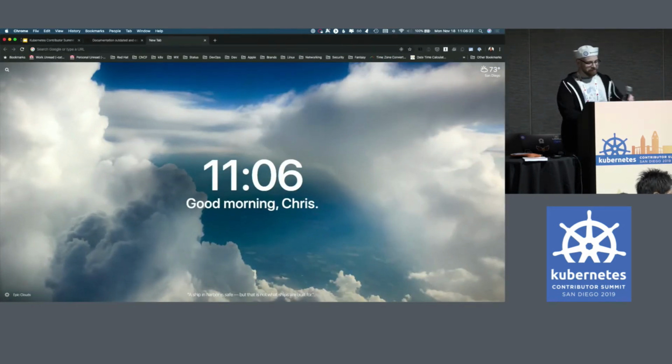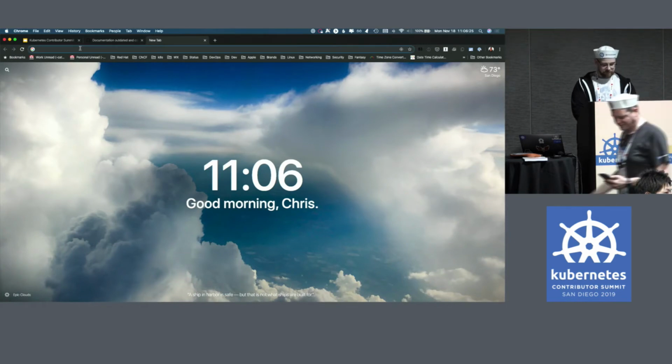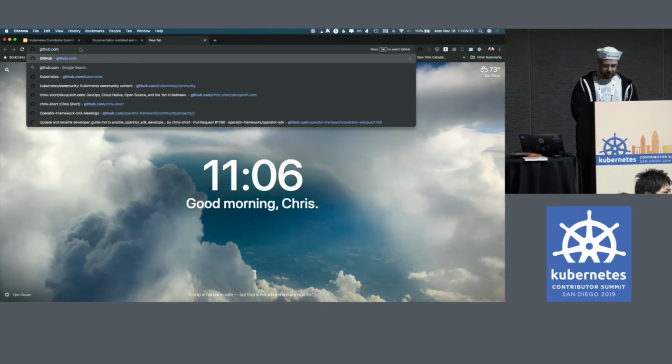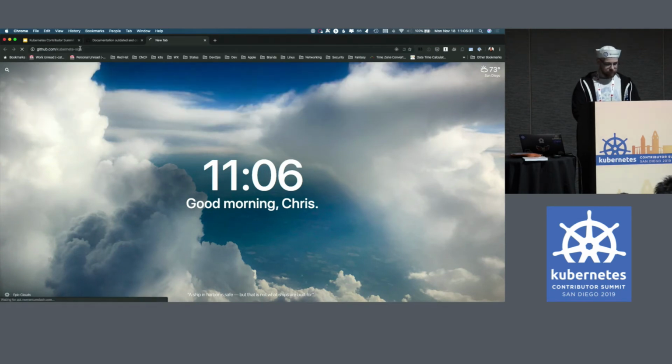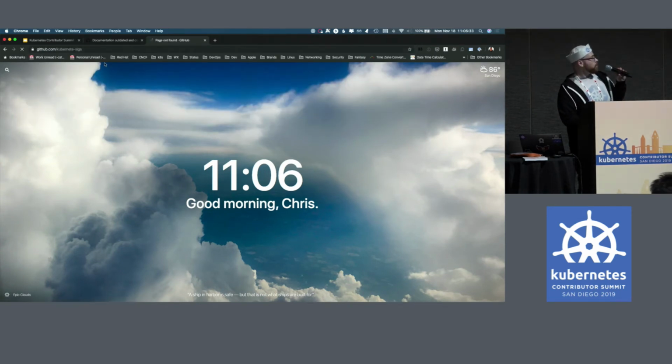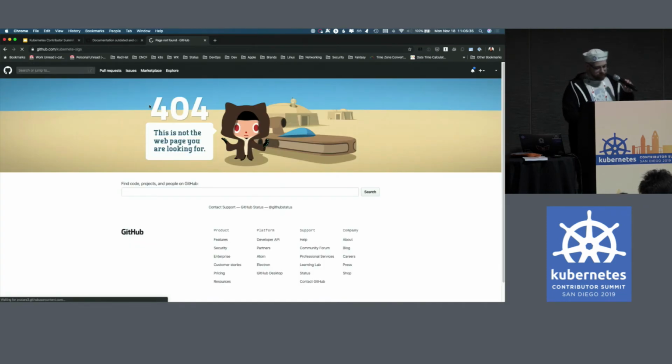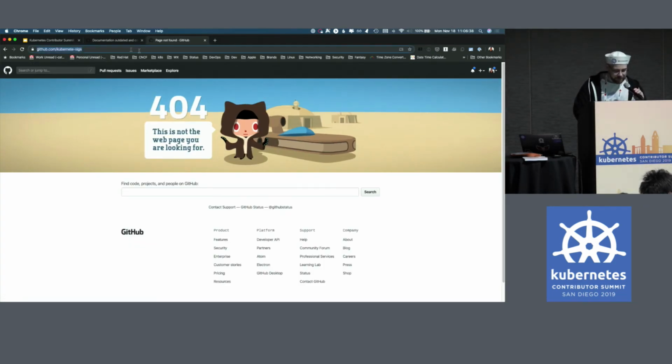Okay. So Kubernetes actually has, it'd be helpful if I could spell things right. Yep.